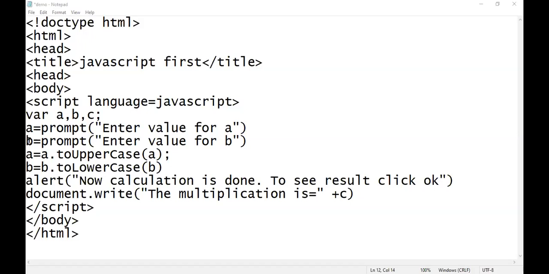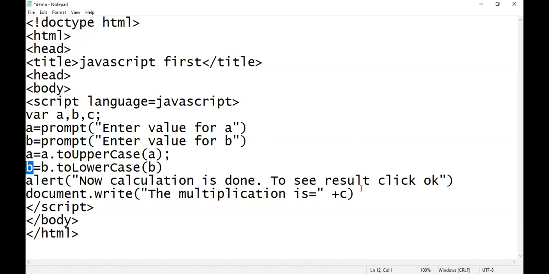Again, in this statement I am entering a value for B, and I will convert it into lowercase by using this statement. The value of B will be converted into lowercase and stored into B. So I am converting and storing in the same variable. Let me check the output.